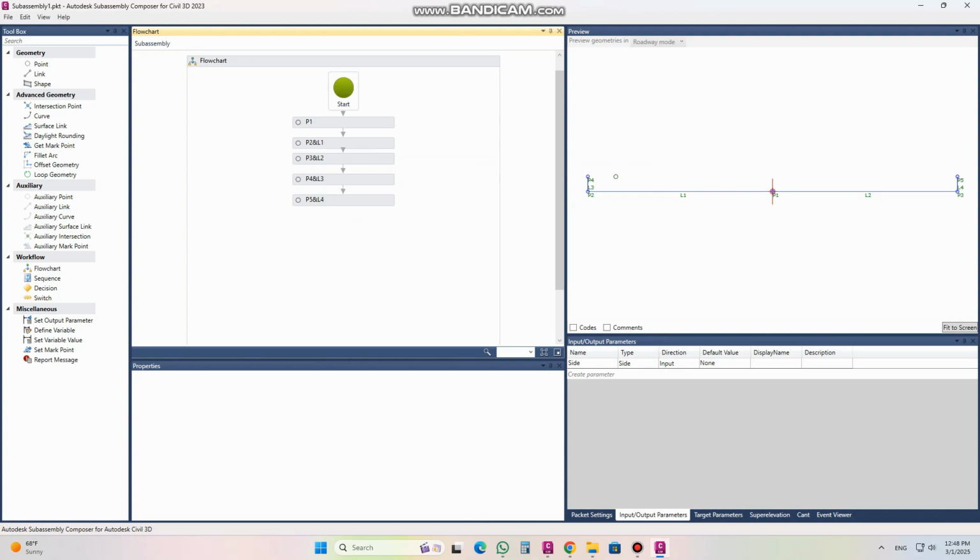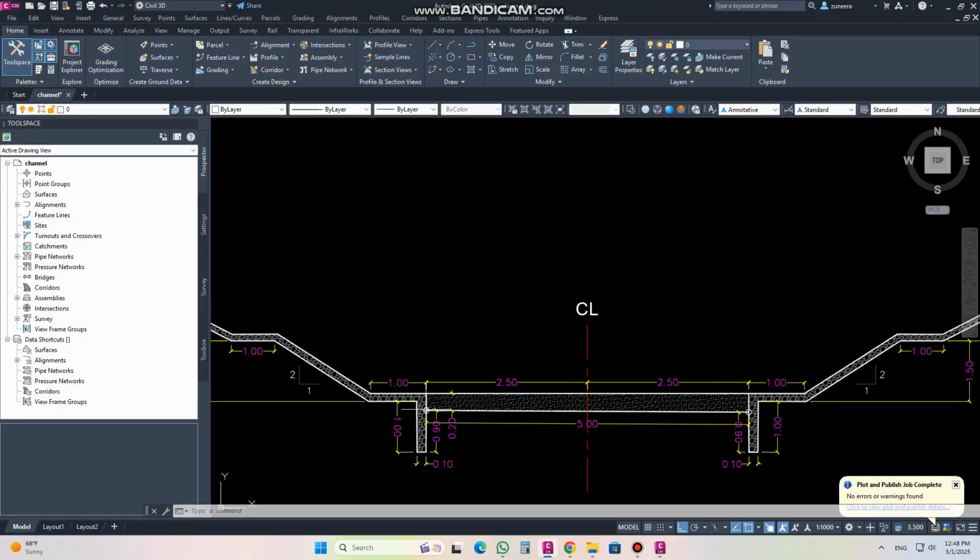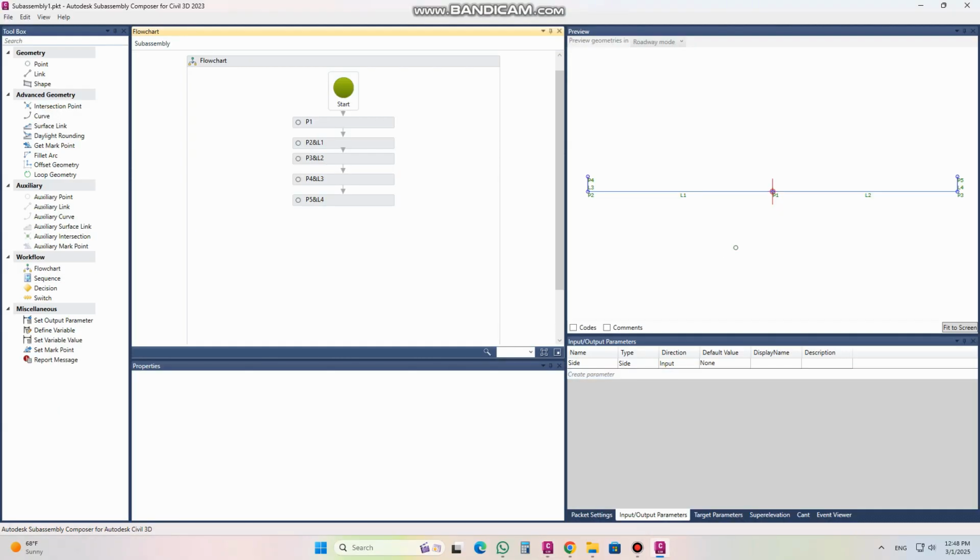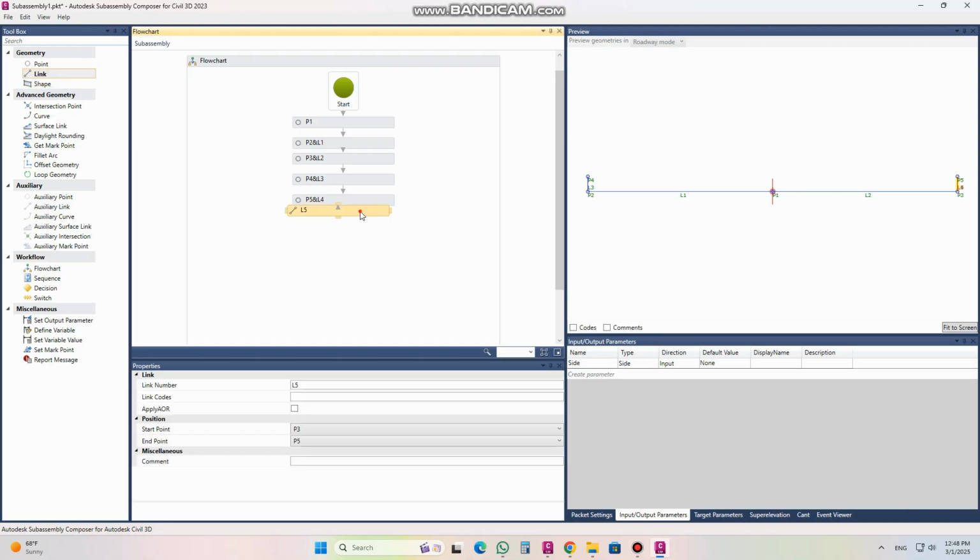So now there is only one link needed to complete the shape. The shape will be completed. So for that, you will create a simple link here. You will select link